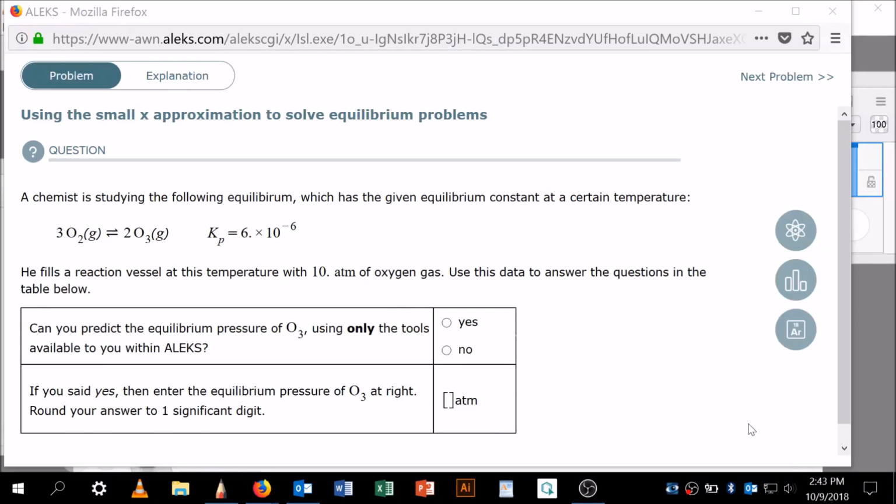Okay, so here's a problem which we worked on in class yesterday, and for whatever reason I got sideways, and I want to come back and do it again, this time successfully, right? So using the small x approximation. The reason I want to do this is because it's a super valuable concept, and so I expect to do maybe a couple examples. All right, so a chemist is studying the following equilibrium: